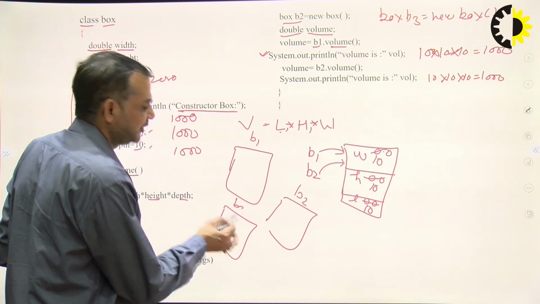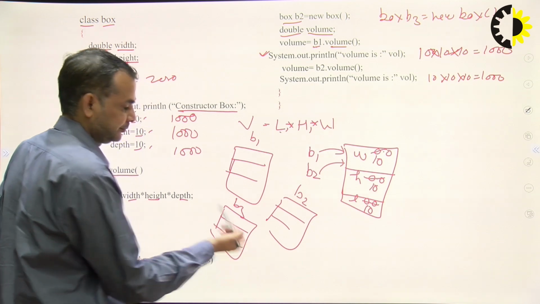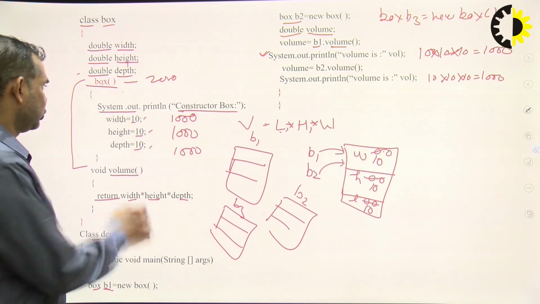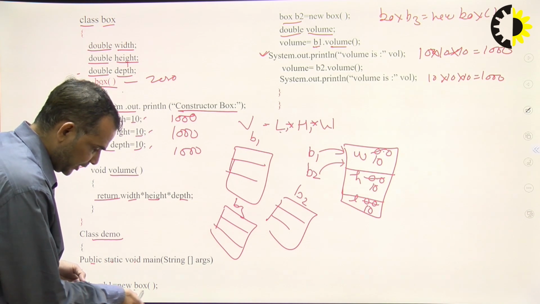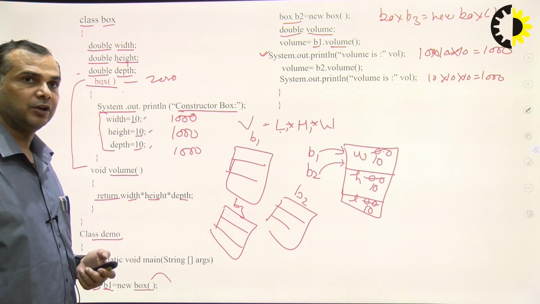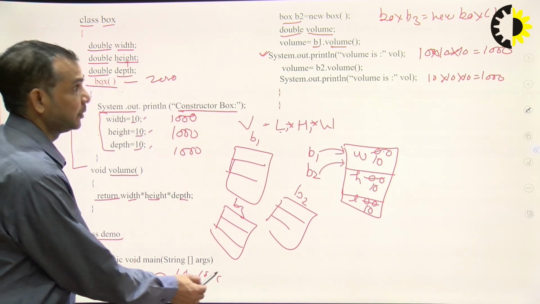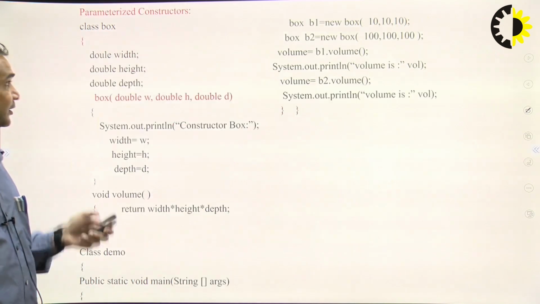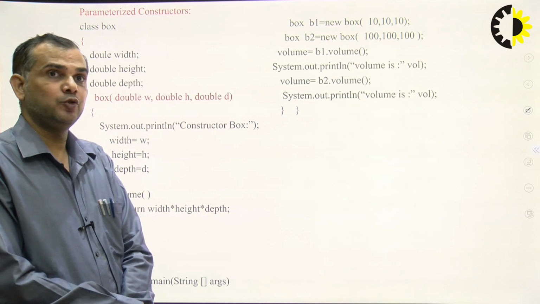सेकंड वन, इफ वी हैव टू कैलकुलेट द वॉल्यूम ऑफ द 3 बॉक्स B1 B2 B3, और मुझे इनके तीनों पैरामीटर्स की वैल्यू को चेंज करना है। तो व्हाट वी डू, तो इस वैल्यूज को हम इस कंस्ट्रक्टर के अंदर कॉल ना करके कहाँ यूज कर देंगे, कि जब भी मैं एक बॉक्स को क्रिएट करूंगा तो हम हर एक बॉक्स की वैल्यू को इनिशियलाइज कर देंगे। जब बॉक्स B1 किया तो मैंने यहाँ पे वैल्यू डाल दिया 10 10 10, जब मैं B2 को अप्लाई करूंगा तो मैं यहीं पे इसकी वैल्यू को डिफरेंट कर सकता हूं। कैसे, सेम।